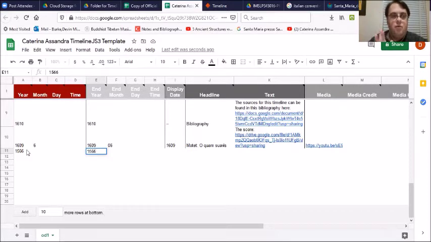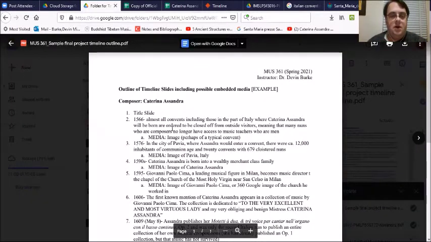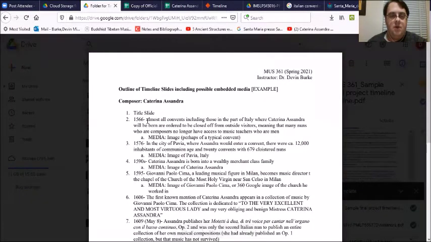Even though it's earlier than these other slides, when TimelineJS renders your timeline, it will automatically put all the slides in order by the year, month, date, time, etc. that you've indicated. So I'm going to put my display year as 1566. And I'm going to just copy my text